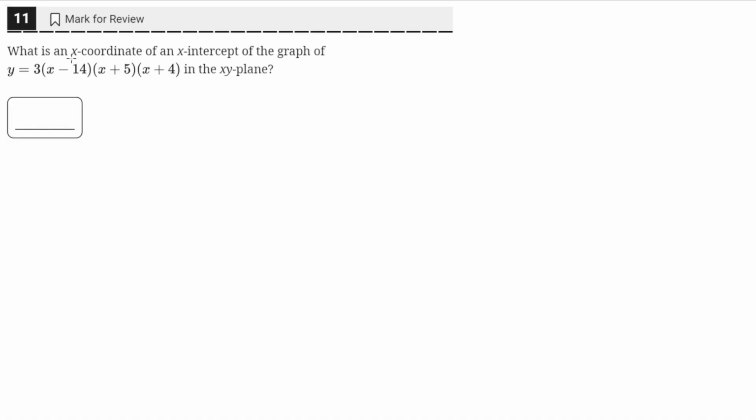What is an x-coordinate of an x-intercept of the graph of y equals this function here in the xy plane? So we need to find the x-intercept of this function y. So by definition,